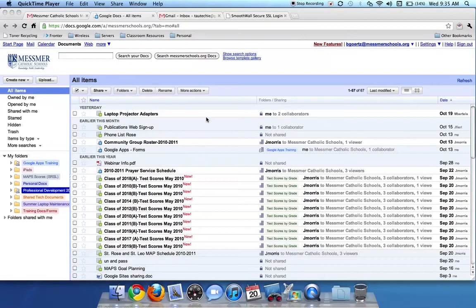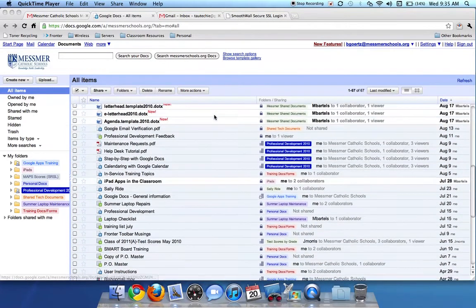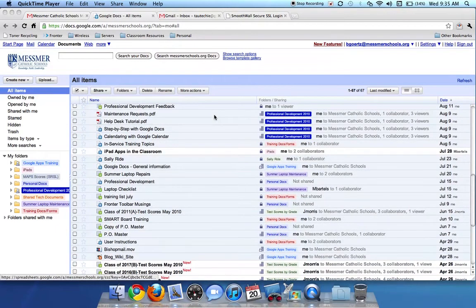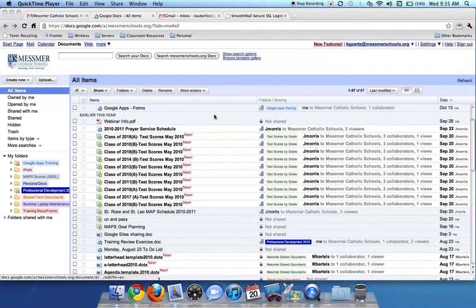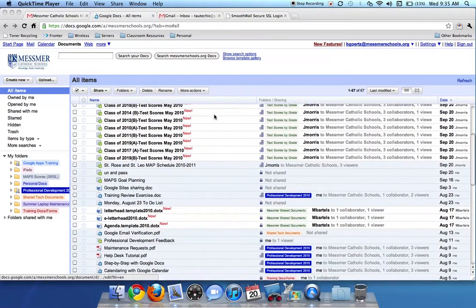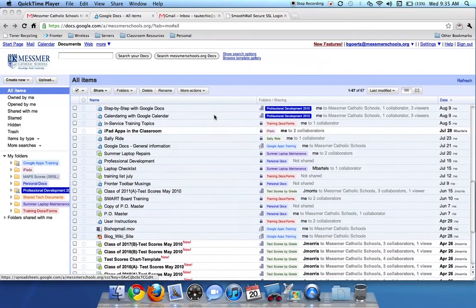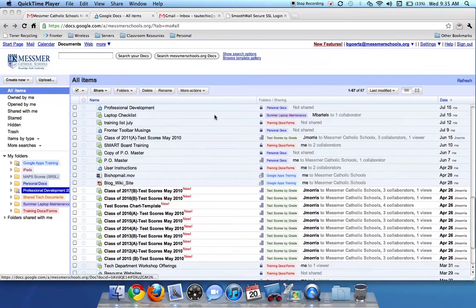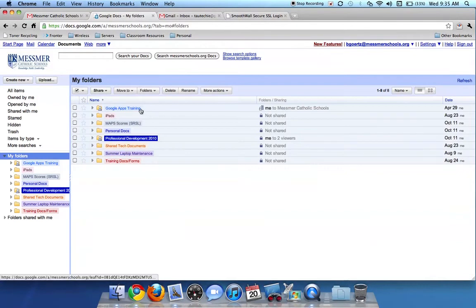When you begin to use Google Docs more and more, you're going to find that your list of documents is going to become quite long. For example, in my Google Docs All Items, I have 67 different documents. Now, you can choose to keep that view and scroll through 67, 80, 100, 150 different documents each time to find a particular document. Or you can organize your documents into folders,